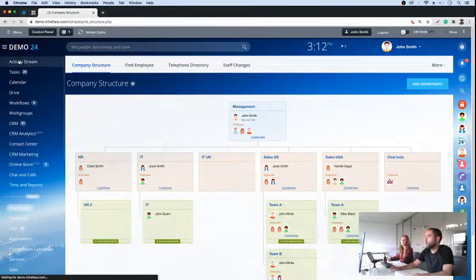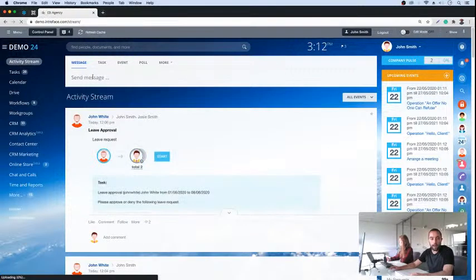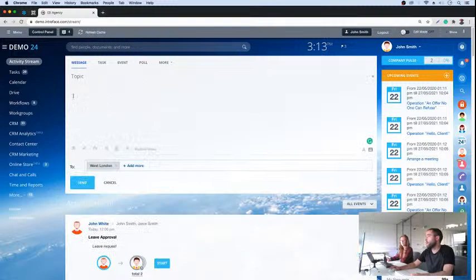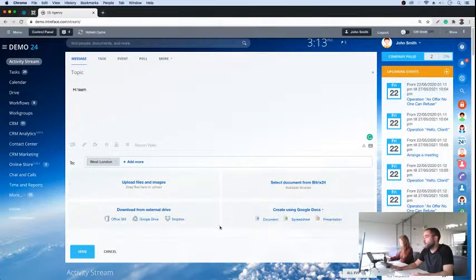Another way that we can communicate in the system is by using the activity stream. So we can send out messages using the activity stream here. So I might want to just communicate with my team. And we could also upload any documents as well. So if there's a document that we need to send out with the message, we can send and attach those